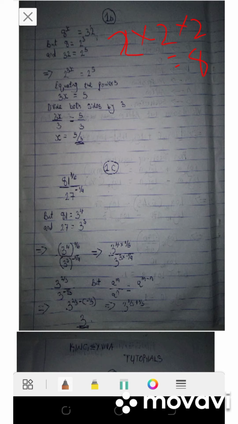So I can express 8 by saying 2 to the power of 3 and 32 by saying 2 to the power of 5. Now put that in the equation. That's replace 8 with 2 raised to the power of 3, and then replace 32 with 2 to the power of 5. When I do that, I'll have